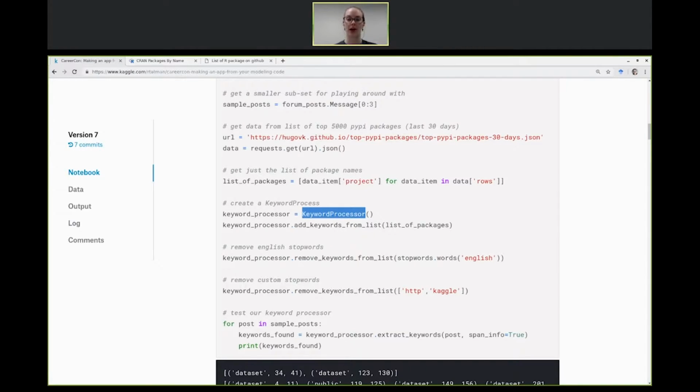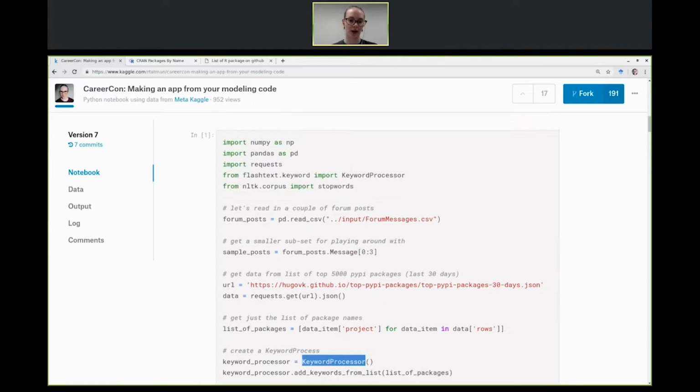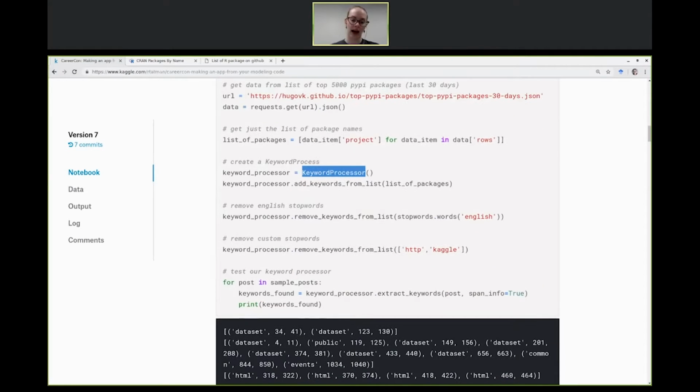So stop words are very common words like "the", and I've gotten this stopwords.words from NLTK, which is a natural language processing library. And then I'm removing some custom stop words. So HTTP is probably going to show up usually in links that people are sharing, and not necessarily when talking about